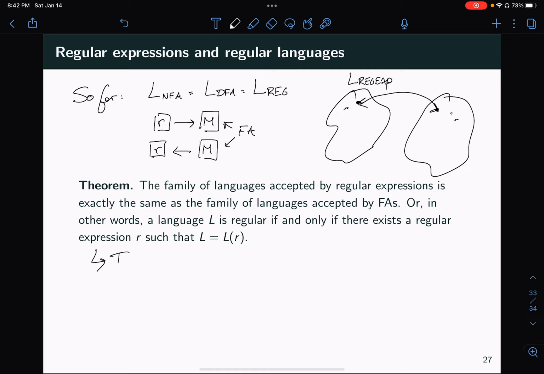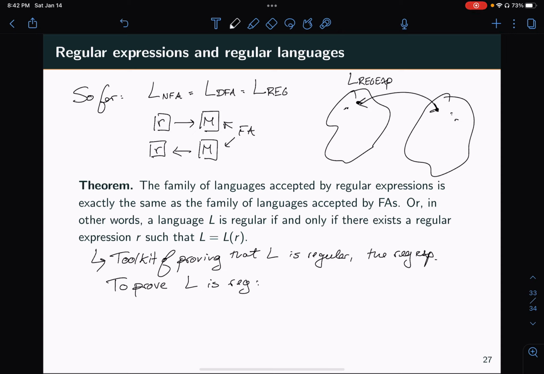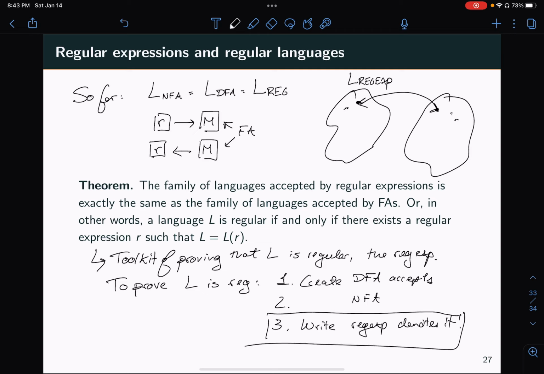And so what this means is that we've added to our toolkit of proving L is regular, the regular expressions. So now to prove L is regular, we can either create a DFA that accepts it, create an NFA that accepts it, or now, because of this result, write a regular expression that denotes it. Okay, and so this is a nice result because it allows us to, for instance, if I have the language